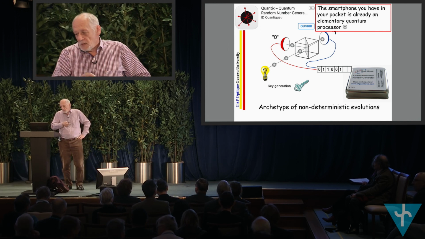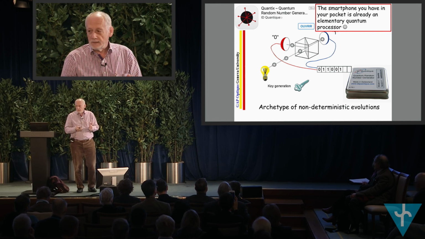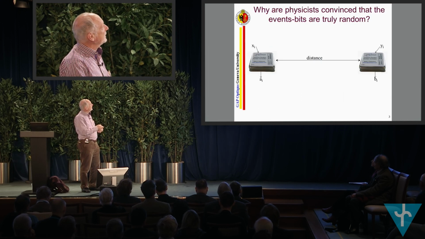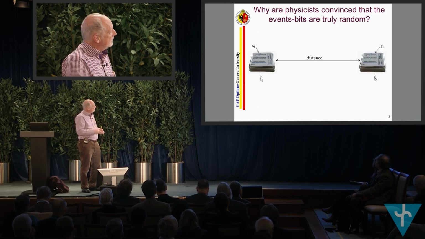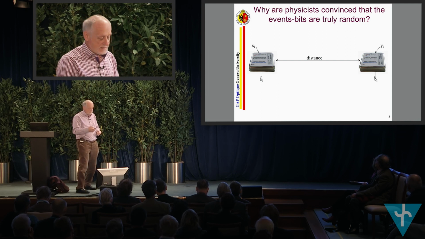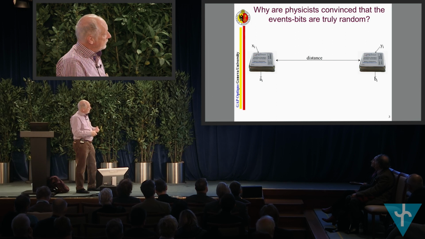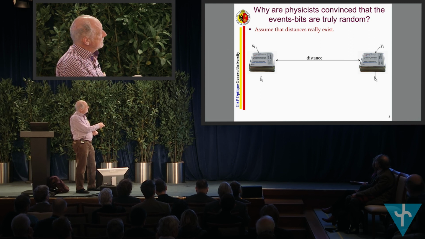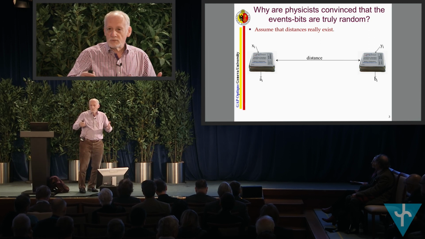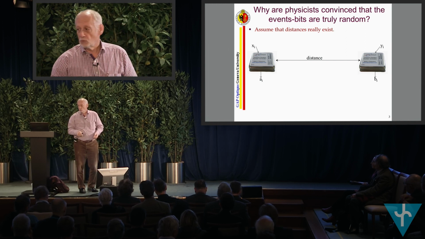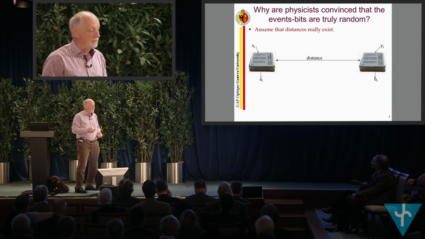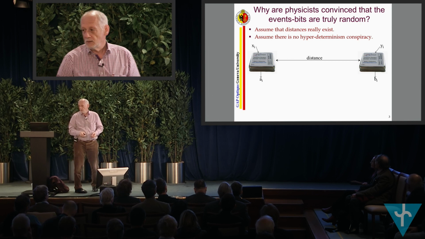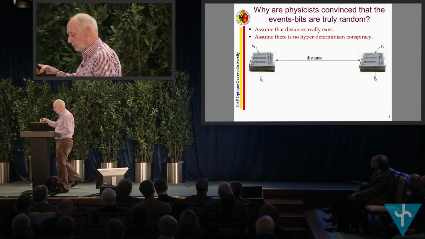And so this is fun. And so we believe that quantum physics is non-deterministic. And there are good reasons for believing that. Actually, we heard already quite a lot about that. You can use two of these random devices. And provided we also have inputs and outputs, which we always have, and assuming that distance really exists. So there's really a distance between here and the end of the room, and between Geneva and London and so on. Distance exists. And assuming that there is no hyper-deterministic conspiracy, or no super-deterministic conspiracy, as we also already heard the first day,